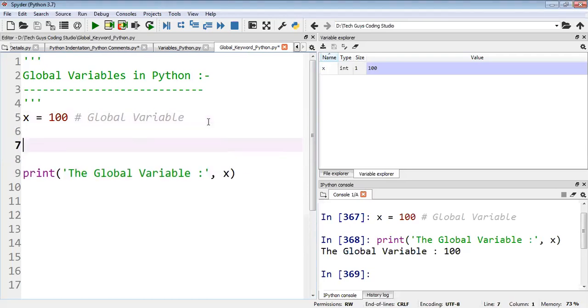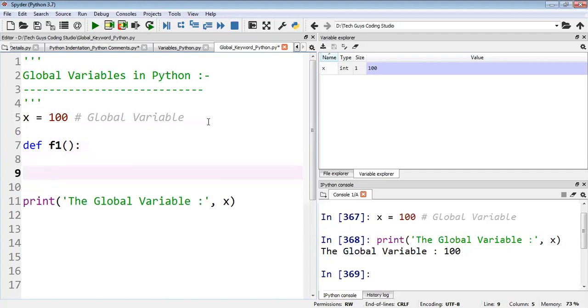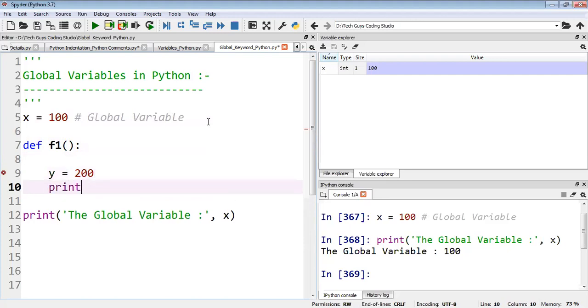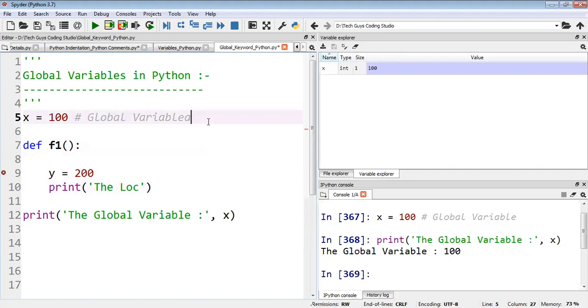Now I will take one function, the function name is f1. Then I will write one more variable, y, with the value 200. This is the local variable, the value of y.